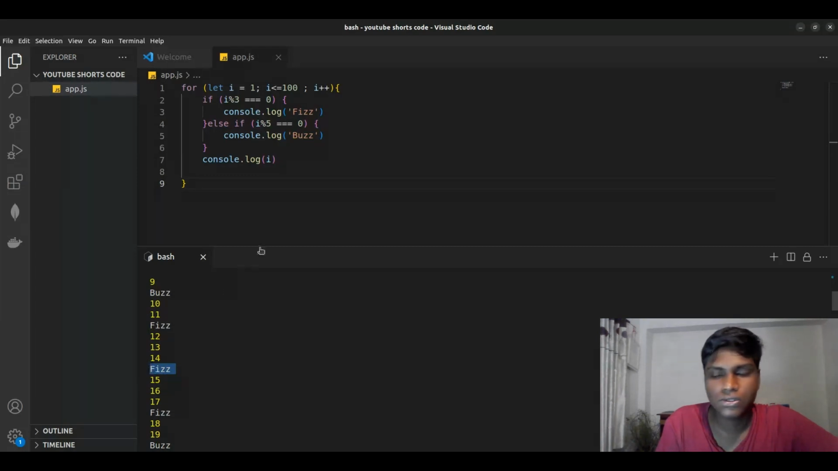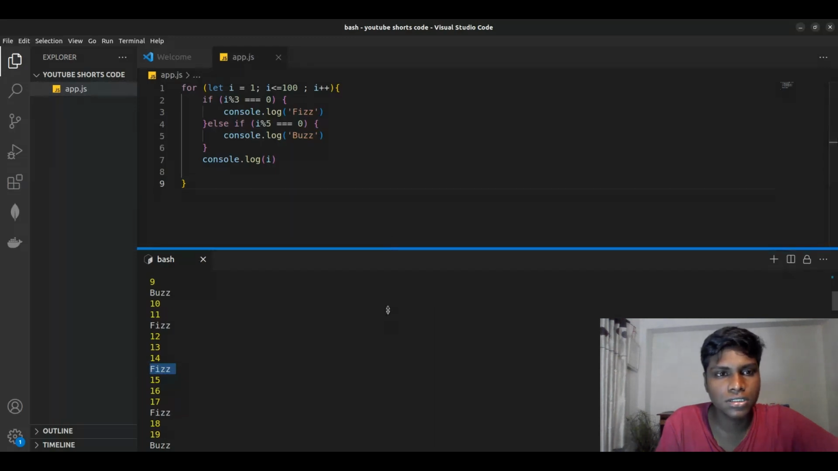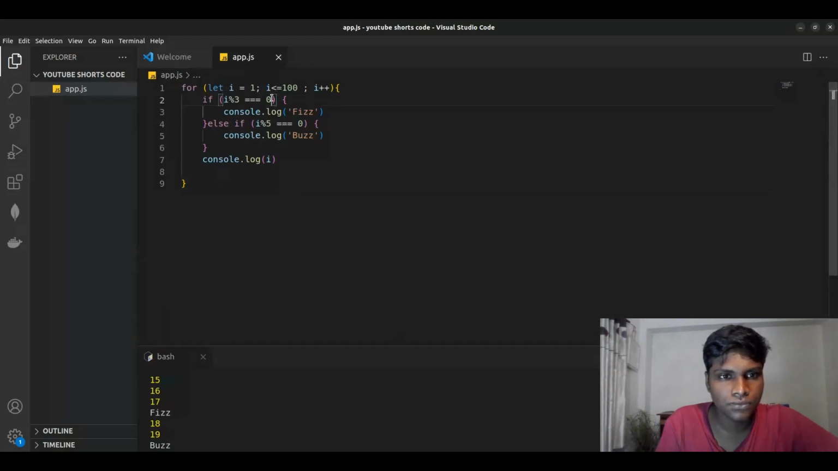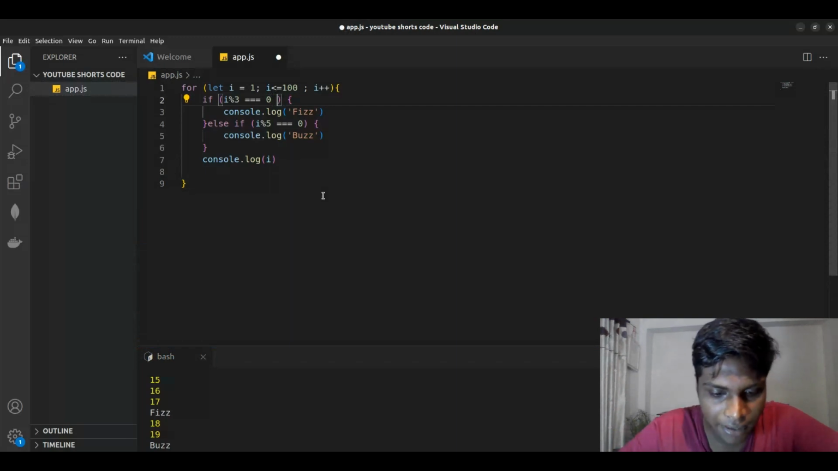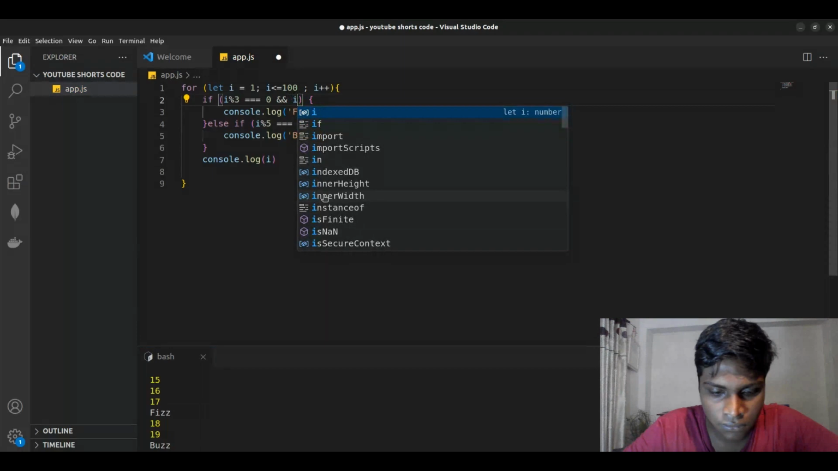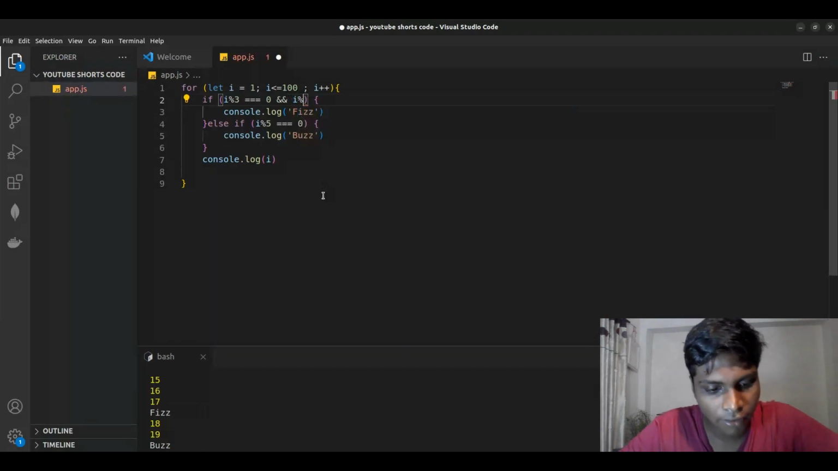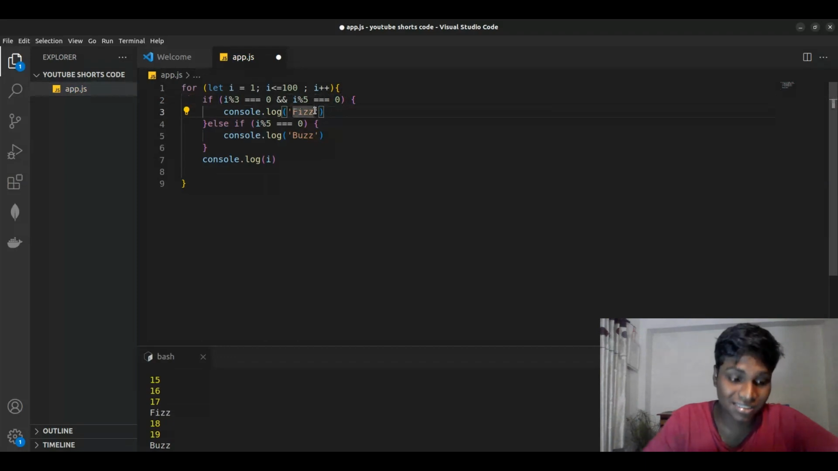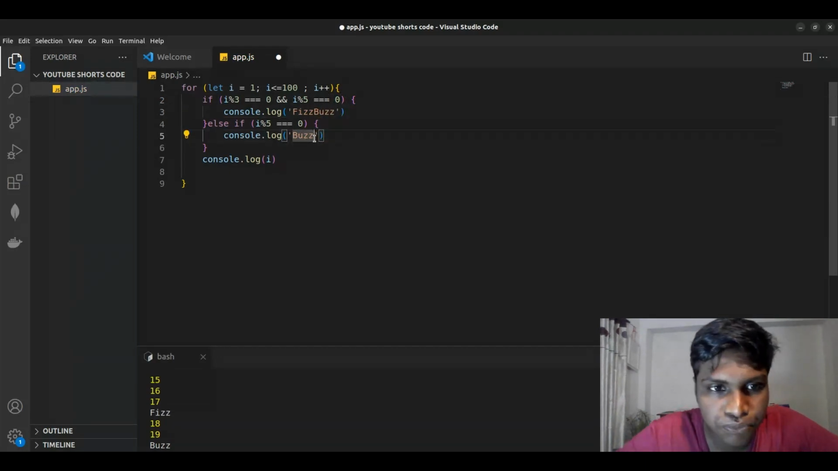So we want to use the and boolean here. Say i mod 3 and i mod 5 equals to 0, console log FizzBuzz, and Fizz